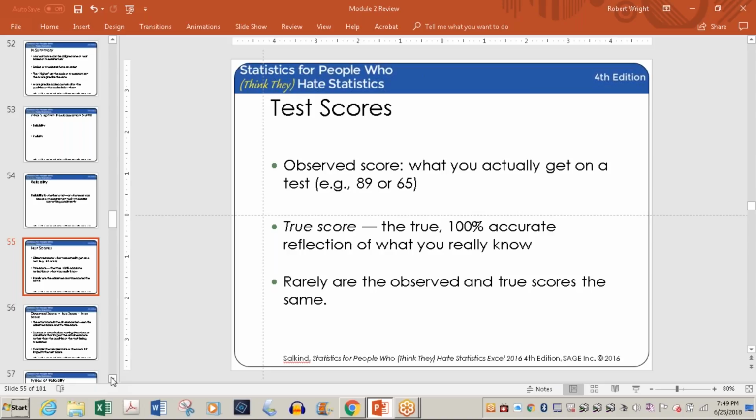Now, because you're using assessments, you generally have to settle for the observed score. Although, depending on what type of study, if you were studying why maybe there was a new learning system and the students didn't do as well as you think, you could pull in some of the conditions that might have affected that true score. You might say the room was hot, nobody got any sleep the night before, whatever.